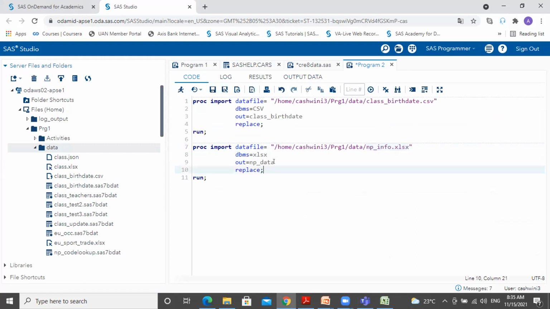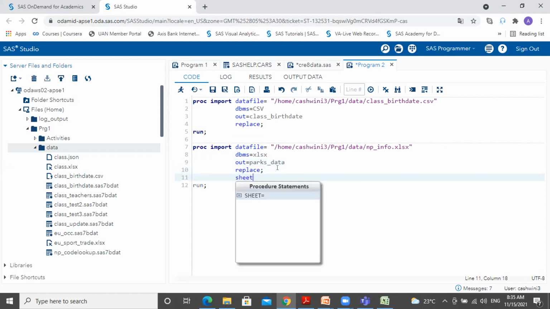So in case you want to create new data with individual worksheets, I can always give a data name for this, and I use the statement called sheet equal to, and I give the sheet name that I want to use, which is parks. All right.